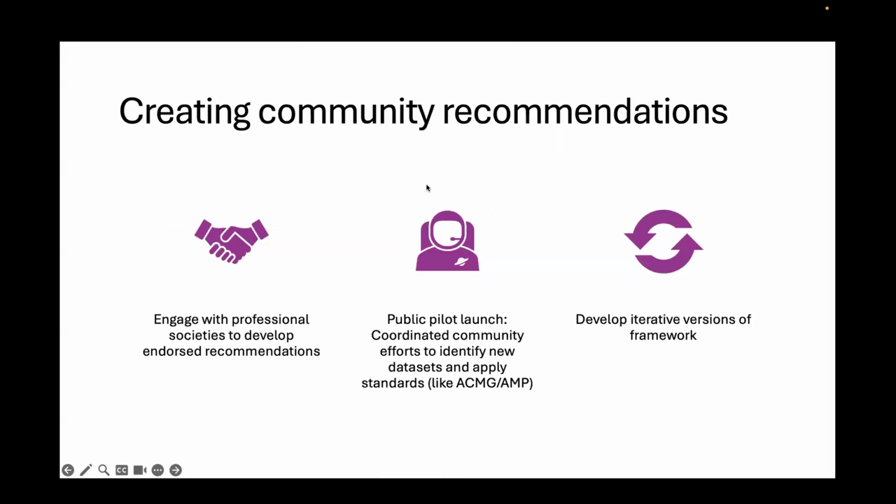And then finally, we want to create community recommendations. So this is going to involve a bit more outreach, right? We need to engage with professional societies to move from our standards to a set of endorsed recommendations, right? I think we can learn a lot from what the folks at, say, ClinGen have done, with their work that Aoife was talking about, the ACMG AMP recommendations, and other similar community standards to move